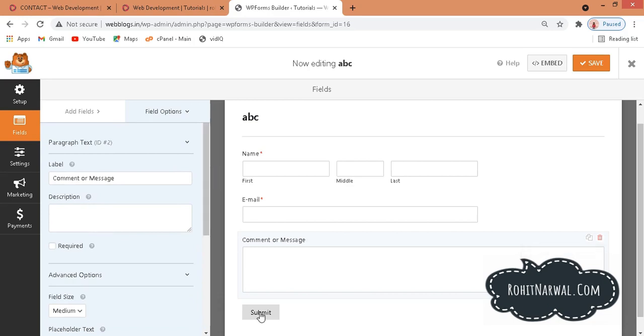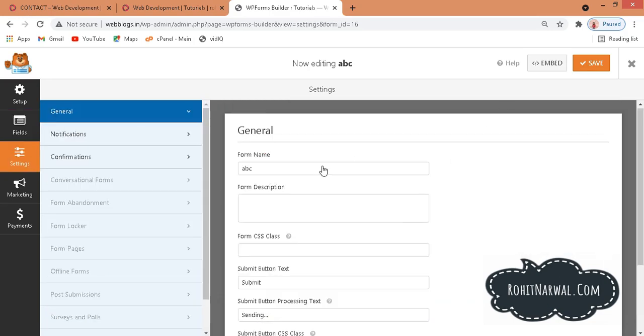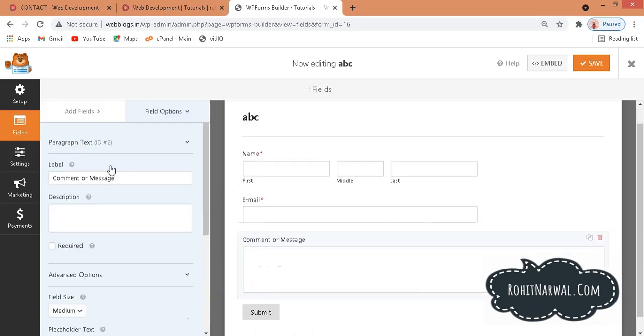Now we have this submit button here, and if you want to change its appearance and look, we can change it later as well. So now our form is ready to publish. According to our wishes, we have edited a few things here. The next thing you need to do is click on save. After saving this, just cancel this,